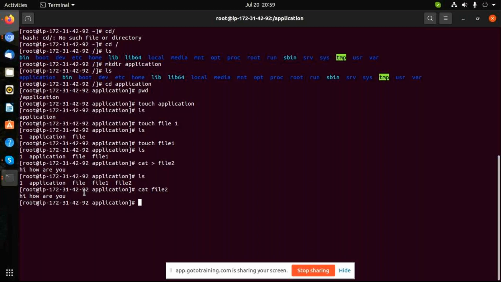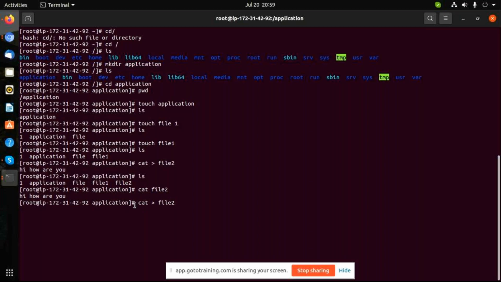With the cat command, you can also overwrite the data, guys. For example, if already one file is there: if it is a new file, this command will create the file and open it for data. And if it is already there, and you do cat greater than file 2, it is a little dangerous command, guys. Be careful. Cat greater than file name.